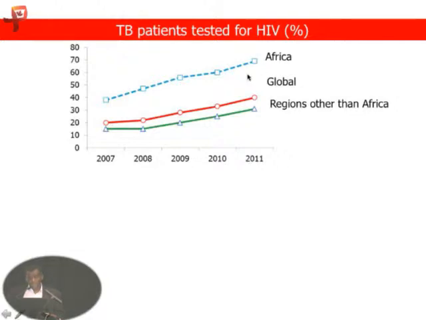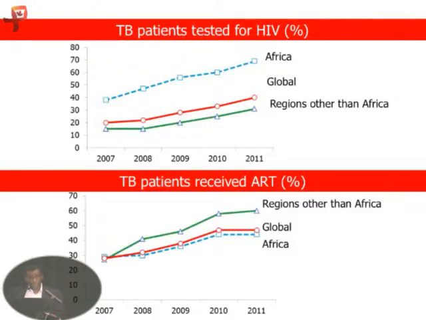And Africa, by the end of 2011, almost 70% of TB patients notified, this is not estimates, these are notified TB patients coming to the facilities, were reported to be HIV tested, which was much higher than the global 40% figure. And as you see, in Africa, there is much HIV testing going on. But when we really look at the provision of ART for TB patients, you can see Africa actually lags behind even